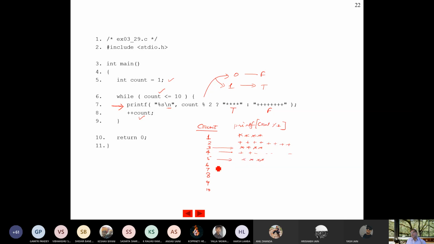So if anyone has a doubt why this printing pattern is coming, just ask. Otherwise, don't raise your complaint that I am not explaining anything. Try to ask here only. If you are not able to understand, then only you are free to go for complaint, because you must know why this is coming, then only you will be able to say something. So no doubts are there.